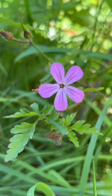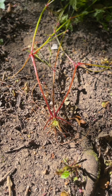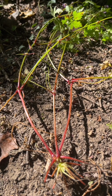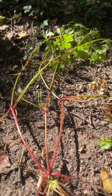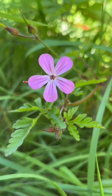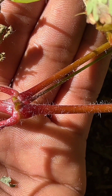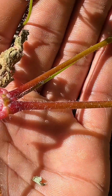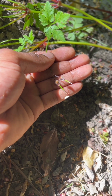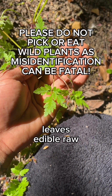It only will grow approximately 30 centimeters in height. Specimens exposed to sunlight will tan the filthy hairy stems a disgusting red to maroon shade. As for the leaves, which also tan in the sunlight or drought, have quite a unique arrangement. Precious little pink flowers with white streaks and 5 petals. Basically, the whole plant is covered in pubic hairs. Once pollinated, the flowers will shapeshift into what is described as a crane's bill. The leaves on this lucky bugger are edible raw, said to have the taste akin to